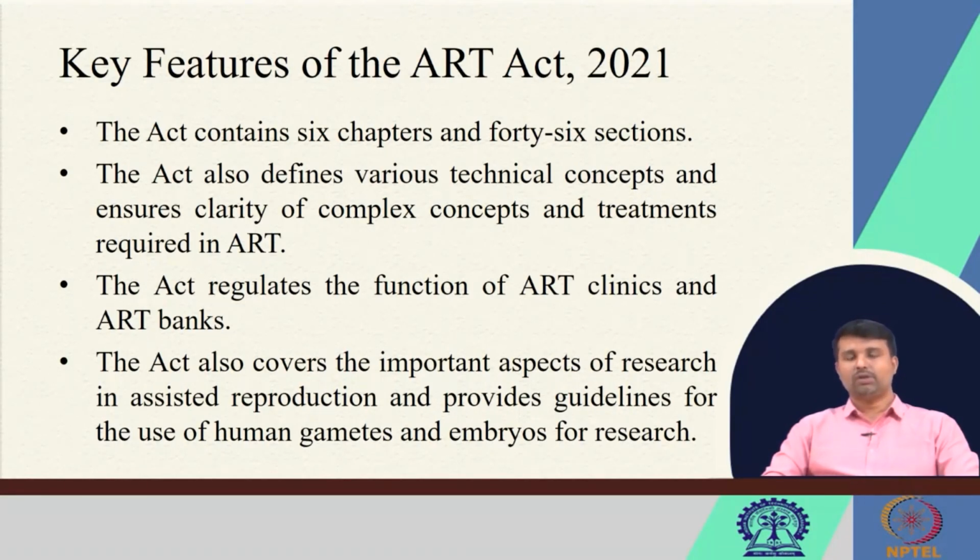The Act also covers important aspects of research in assisted reproduction and provides guidelines for use of human gametes and embryos for research. The 2021 legislation is thus a very comprehensive framework which deals with all techno-legal aspects related to